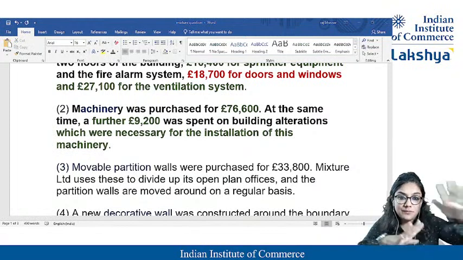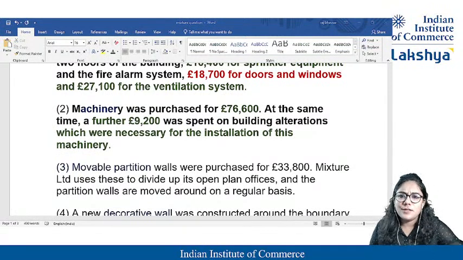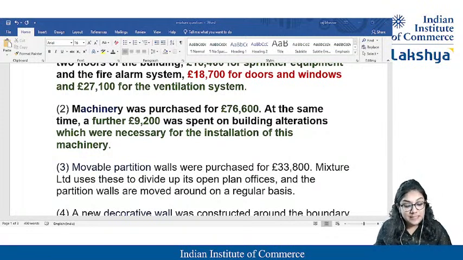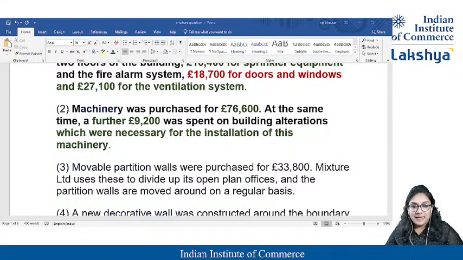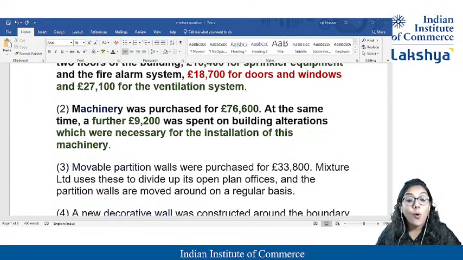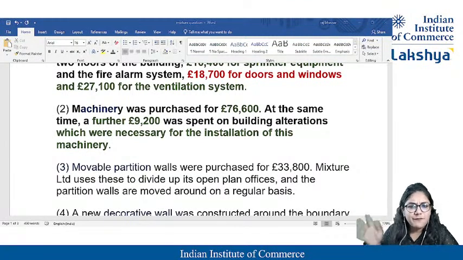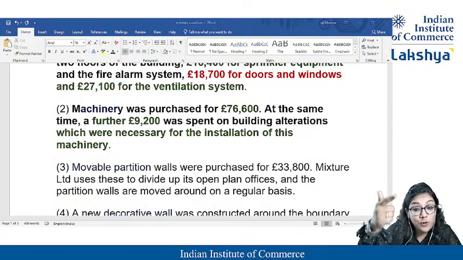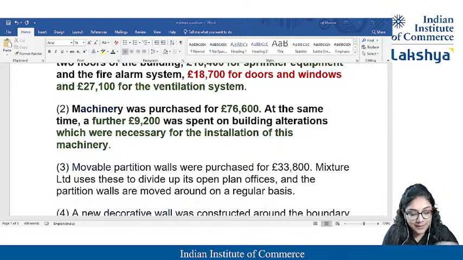If you remember one thing, I'll say it slowly. As per International Accounting Standard 16, if I'm purchasing any asset, and on that asset I'm doing any repairs, those repairs are to be added to the cost of the asset only if it satisfies the condition that it gives some extra useful life or is further expenditure, meaning it is not my normal routine cost. If it was my normal routine cost, I would have charged it in the P&L account. So even this extra cost for the machine is to be added to the machine only.